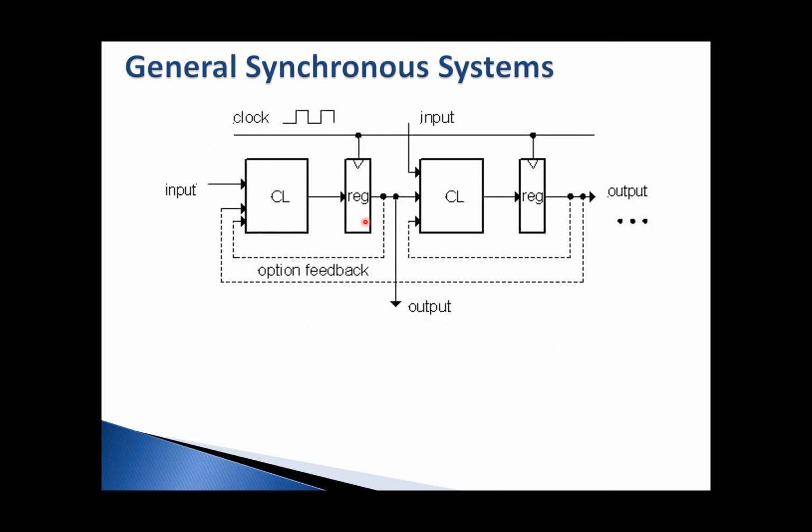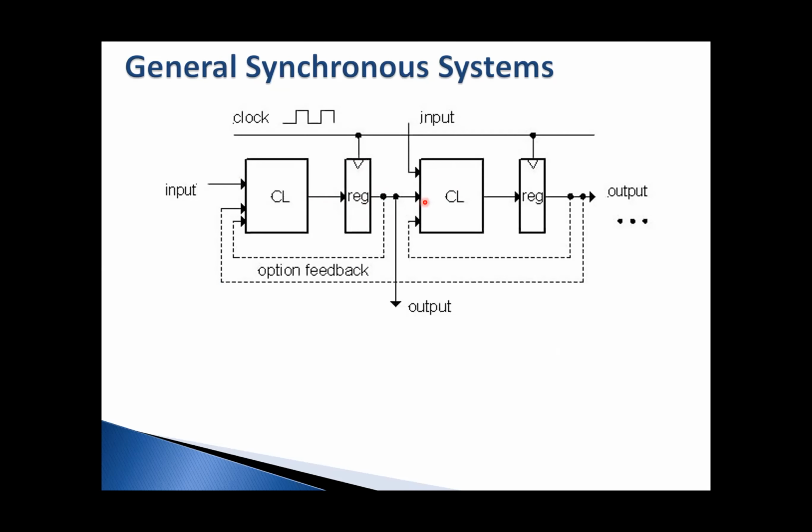In every single stage, you have a black box to do the job of that stage. By the end of the stage, the result of that black box will be stored in a state element, or a register, until the next clock comes,